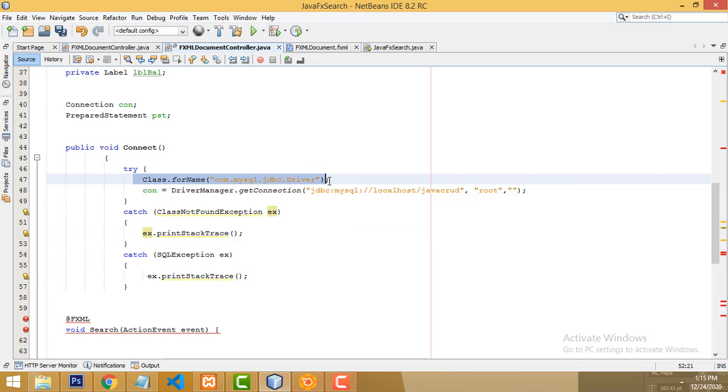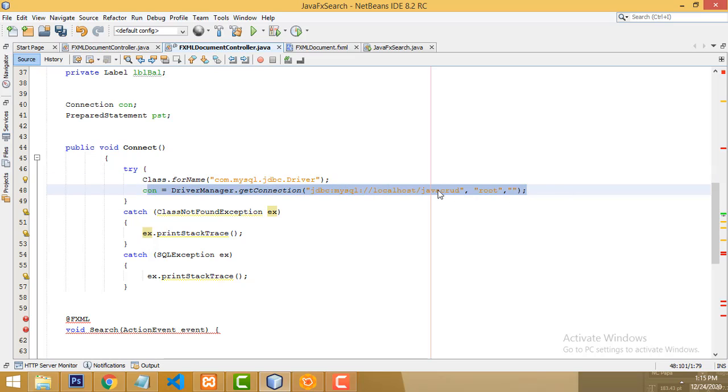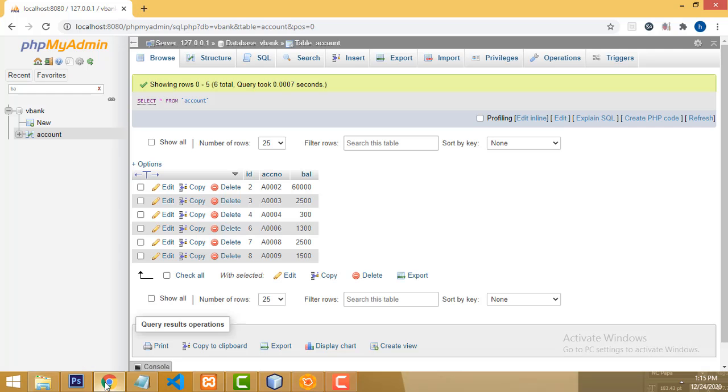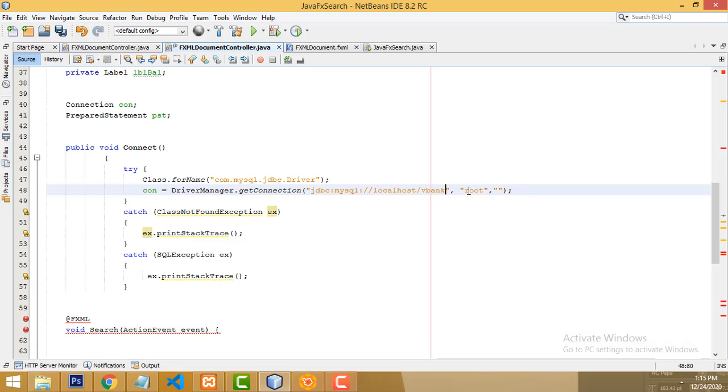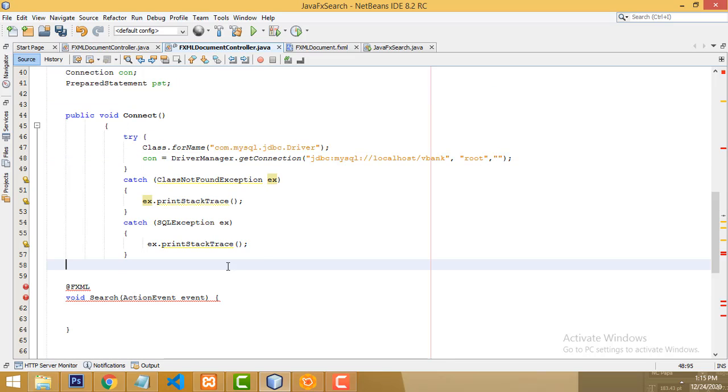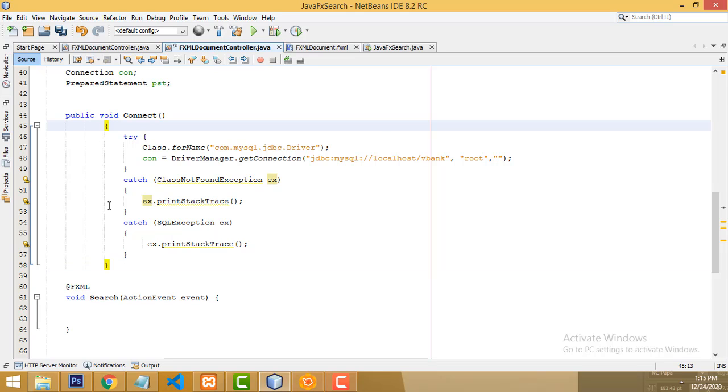So this is the MySQL driver registration, com.mysql.jdbc.Driver. After that you have to give the path of the database where your database resides. Your database resides on localhost, and what's the name? VBank. So you have to give the name here correctly, VBank, right? This is the user credential of MySQL. Root is the username, password is blank, right? This is the thing you have to do. Oh, the problem is you have to close the bracket. Once you open the bracket, it is open here, it is closed here, right? This simple one. Okay. This connectivity, Control C to copy.